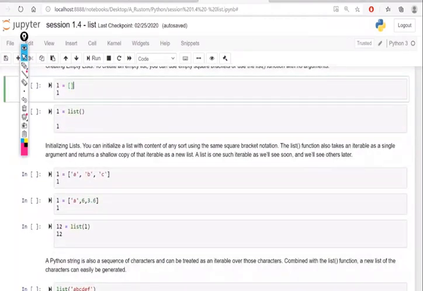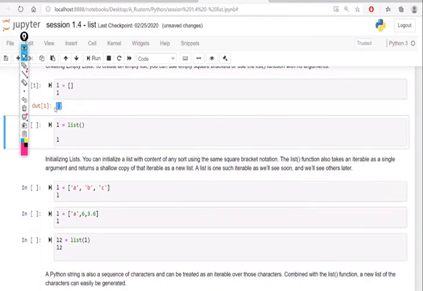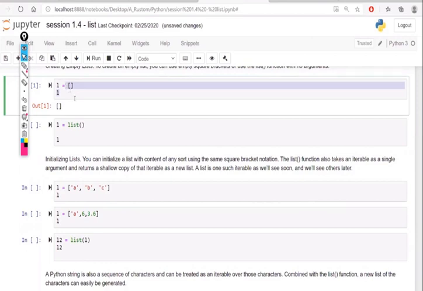As I said, it's a square bracket. As of now, L is a variable. As soon as I execute this, if I see what is inside the list, it will give me an empty list. Right now, I do not have any data here. Later I can append some data, I can add some data, because it is editable.